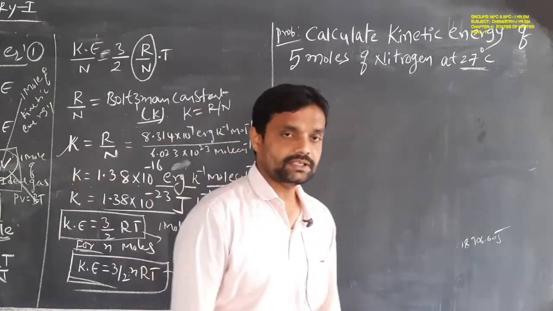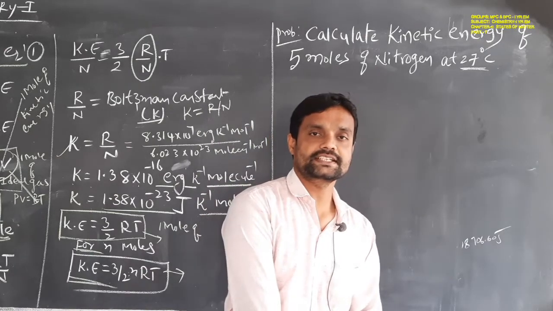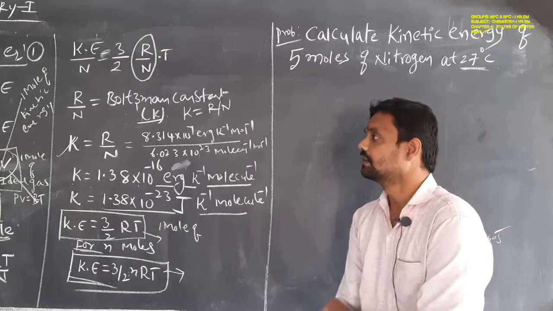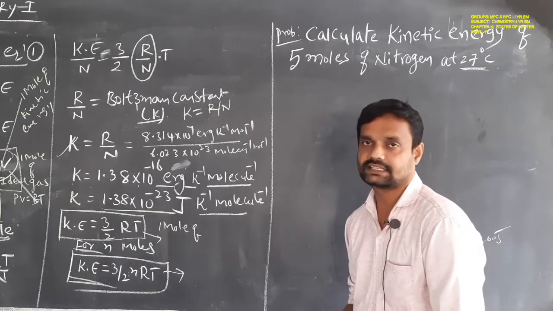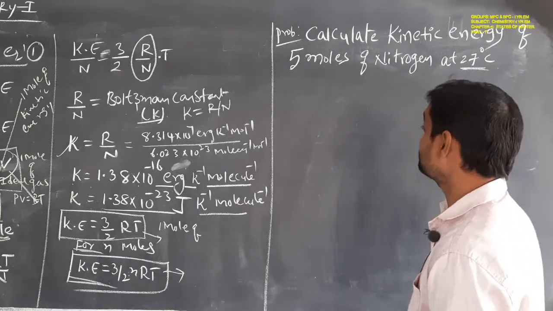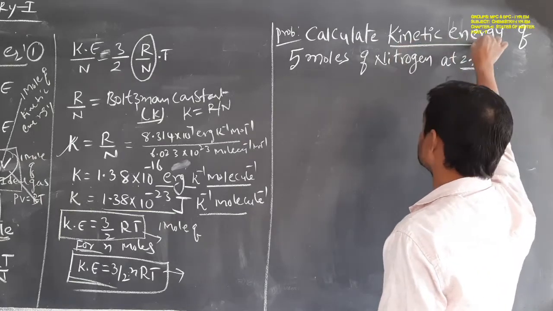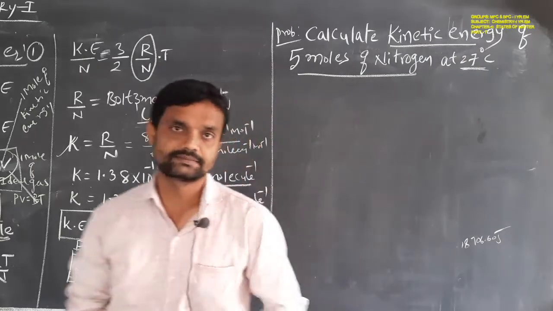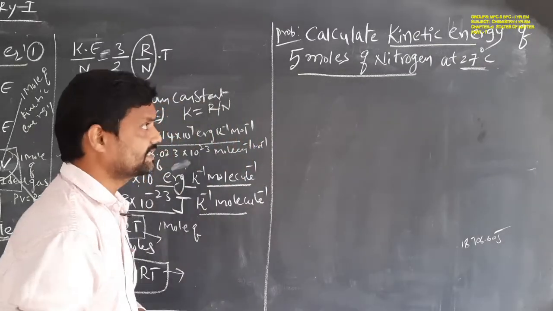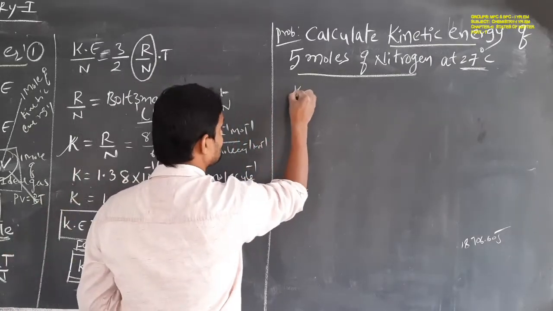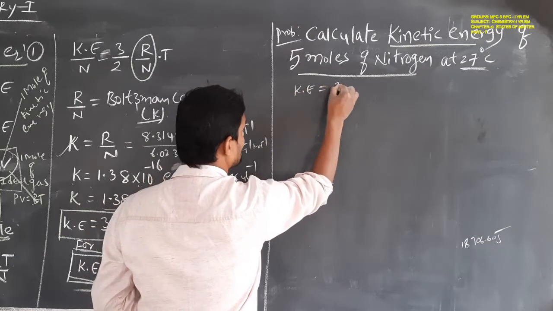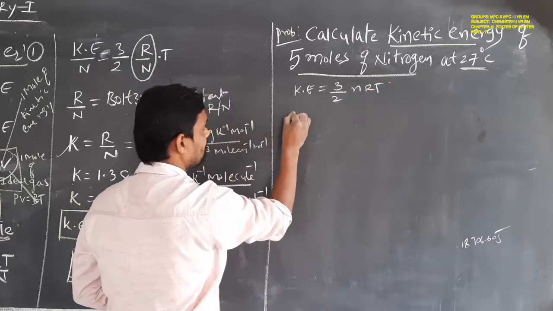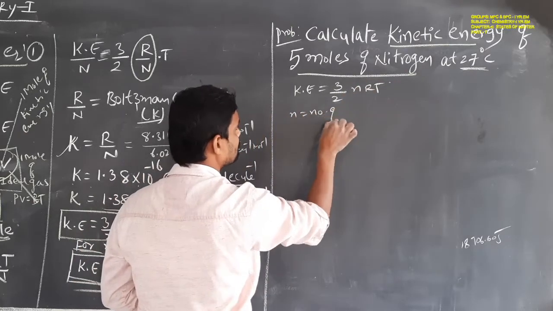Let us see one problem which is given in our intermediate textbook on the kinetic energy equation. The problem is to calculate the kinetic energy of 5 moles of nitrogen gas at 27 degrees Celsius. What is the kinetic energy? Already we know kinetic energy KE is equal to 3 by 2 nRT, where n is the number of moles,